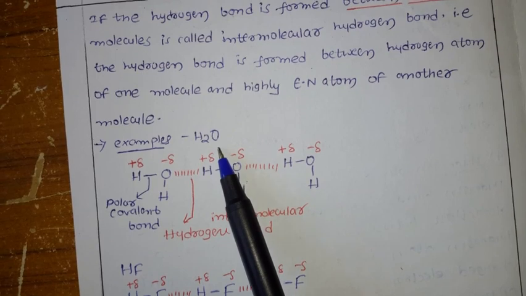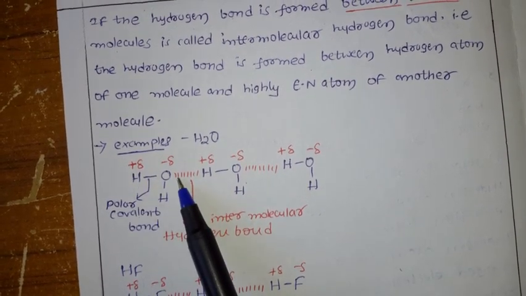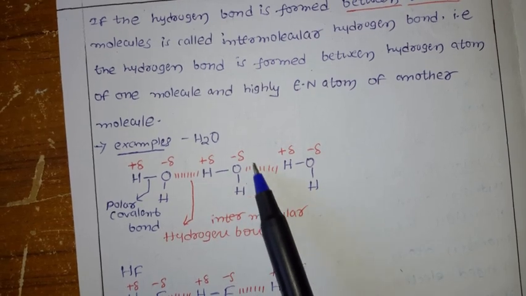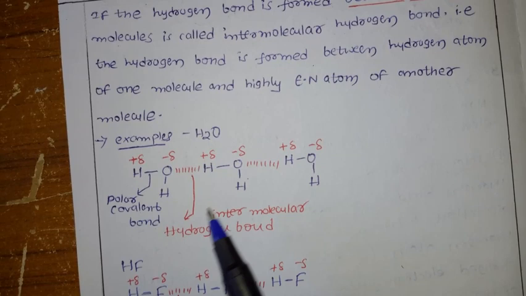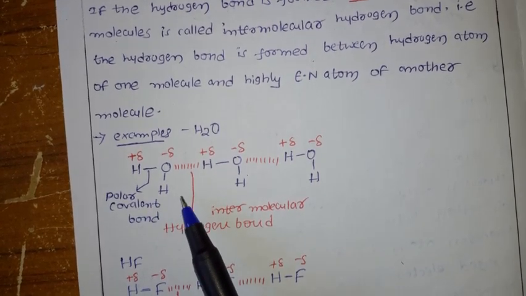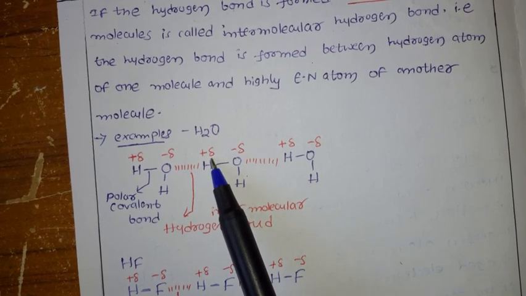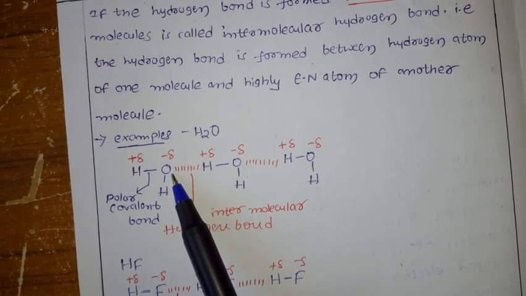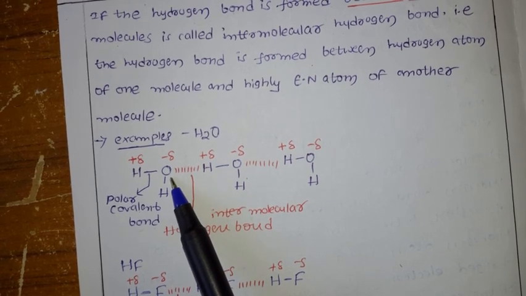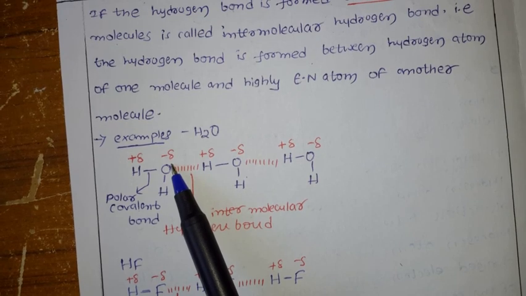If you take here H2O, we take the example. This is one H2O molecule. This is another H2O molecule. This is another H2O molecule. Now what am I talking about here, what is a hydrogen bond? Here we told, hydrogen should be positively charged, with a highly electronegative element like fluorine, oxygen and nitrogen. Here we have oxygen. So partially positive and partially negative charges develop.